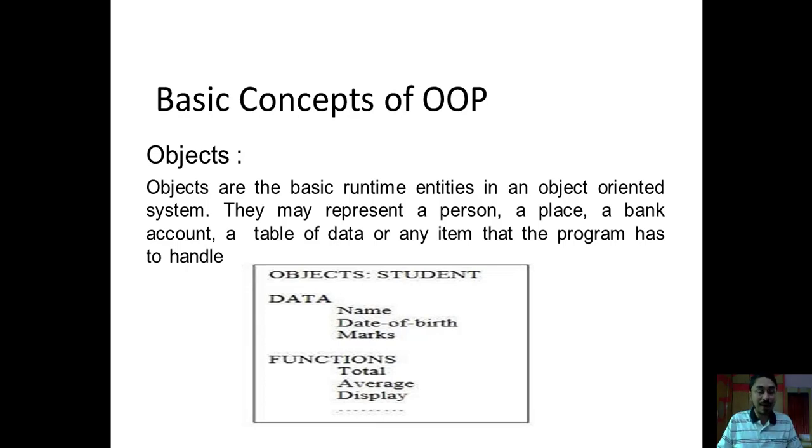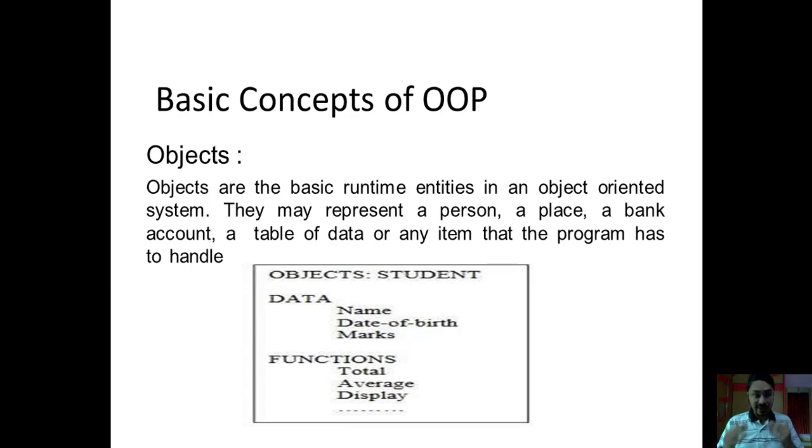Now in the same program, I will have a bank employee also as an object, isn't it? So what attributes will be associated with that also, that we will need to consider. So for the bank employee, we will have an employee ID as data, then the name of the employee as another data attribute, then the salary, then the role or designation, and then experience. These are some possible attributes which will be associated with the employee object, isn't it? What actions or functions that object has to perform, that also we will need to think upon.